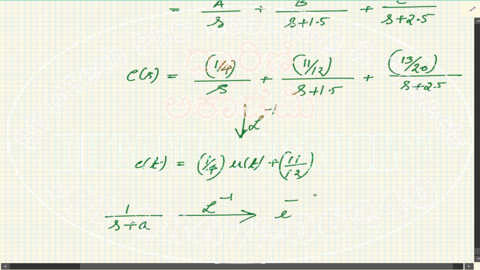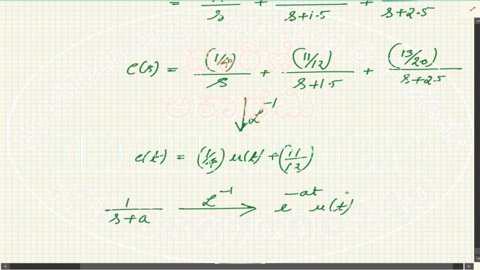This is e to the minus at u of t. Correct? So the next term, this is e to the minus 1.5t into u of t. In the next term as well, this is 13 over 20 e to the minus,